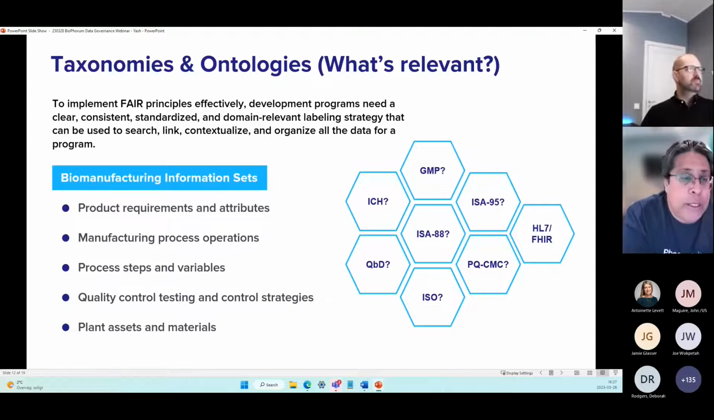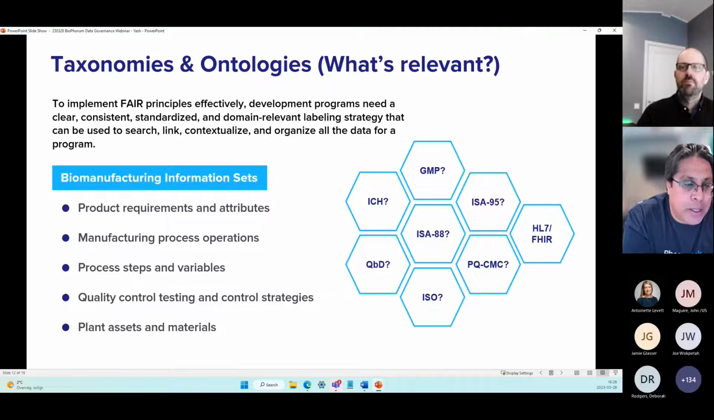So the third barrier, of course, is identifying taxonomies and ontologies, really trying to understand what's relevant. To implement FAIR principles effectively, development programs in biomanufacturing need a clear, consistent, standardized, and domain-relevant labeling strategy that can be used to operate more efficiently and to search, link, and contextualize all this data for a program. So, if we think about all the different biomanufacturing sets that we identified in one of the previous slides,